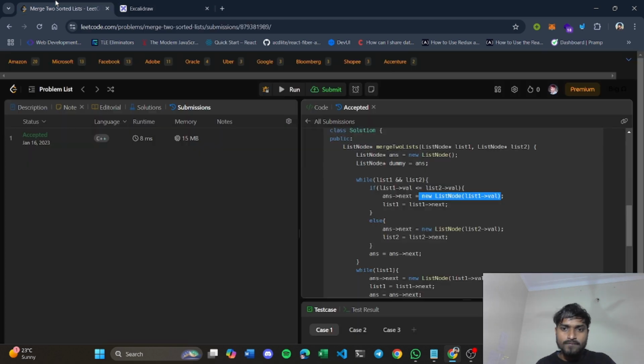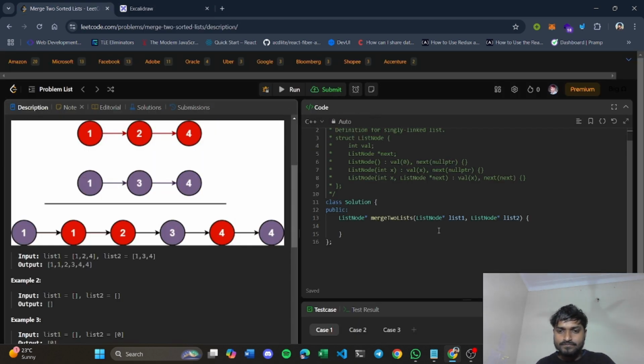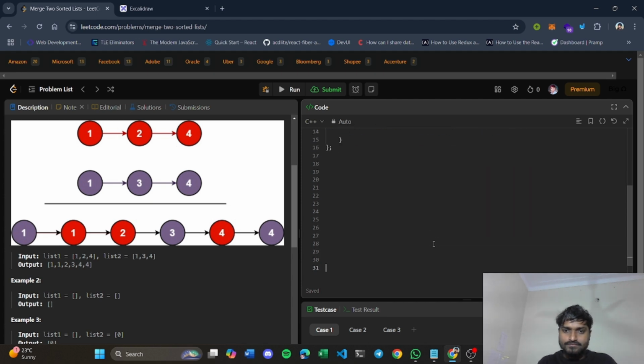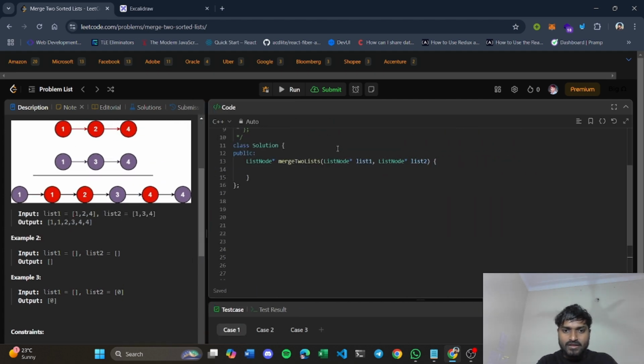So now let's jump onto the code. Let me erase this out. Okay, let me make this bigger. First of all, we have to create our dummy node. So how will you do that? For creating a dummy node of ListNode type, let's copy this out. You create dummy node as new ListNode with value, let's say, -1, right? You created a dummy node.